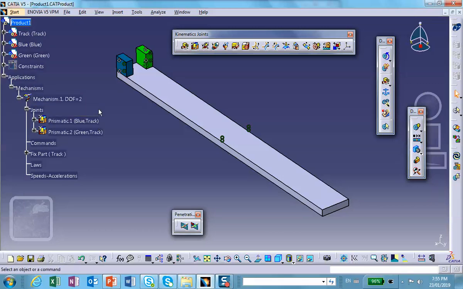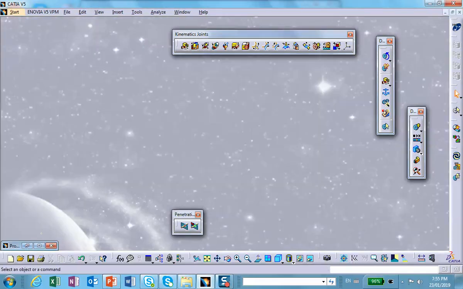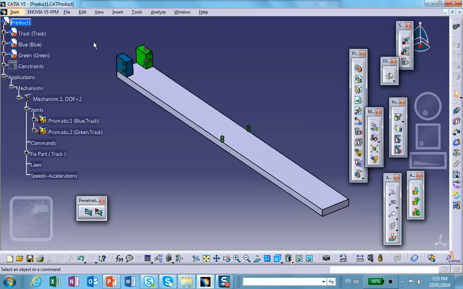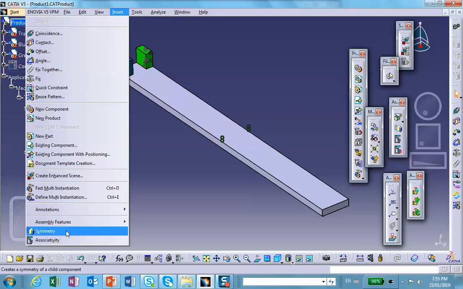Now, I will have to insert 2 parts in here, and these parts are sketch 1 and sketch 2, or a single part with the 2 sketches in it. It really doesn't matter. So let me actually do the following. Why don't I go back to the assembly design, right there, and insert 2 parts in it. So insert a single part with 2 sketches. So insert new part in there,